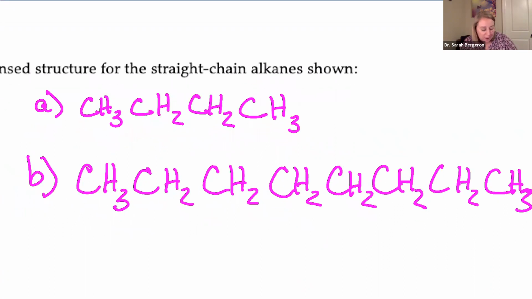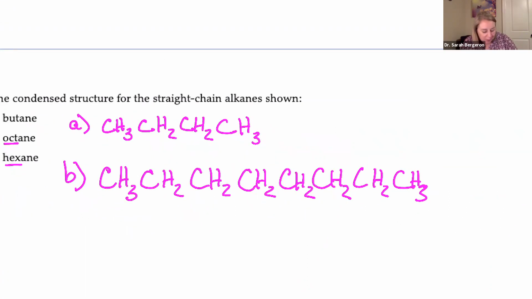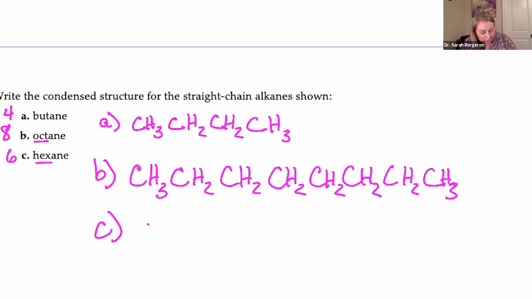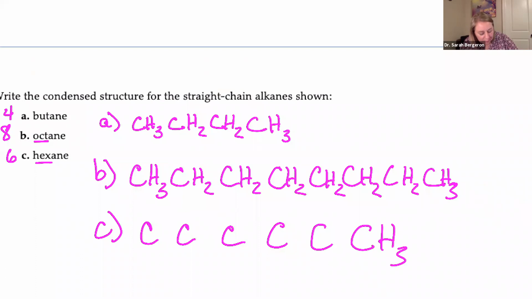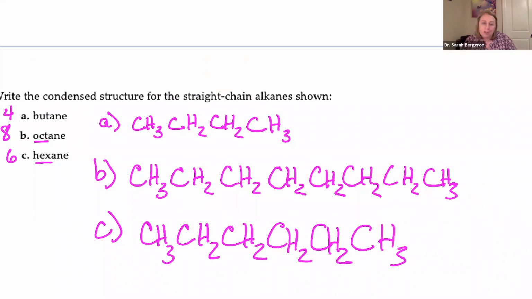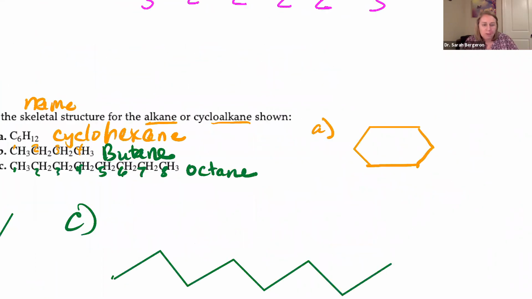So hexane is the same thing. Hexane is 6. 1, 2, 3, 4, 5, 6. Give the ends 3 hydrogens and everything in the middle gets 2. Those straight chains are easy. Love those straight chains. Okay,